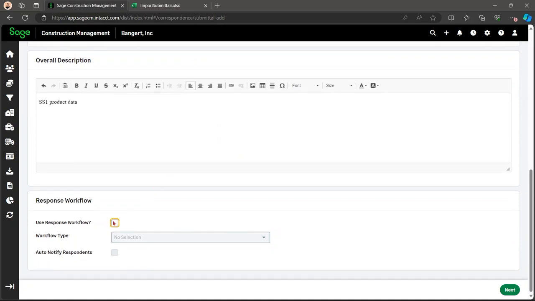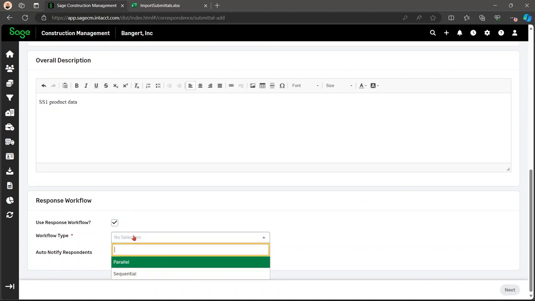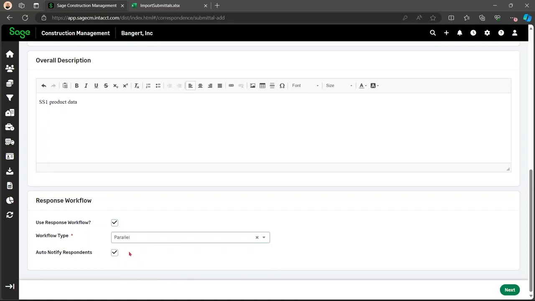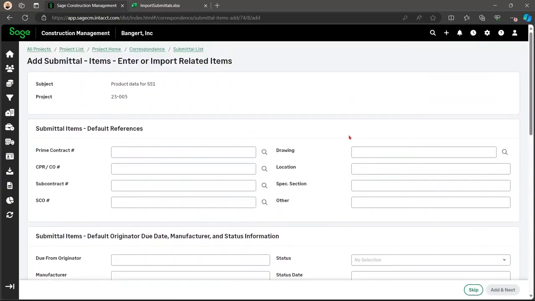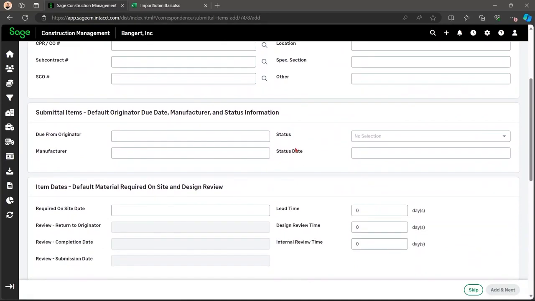You can use the response workflow. And this is the same as with the RFIs, with parallel and sequential. Here, you can add references.